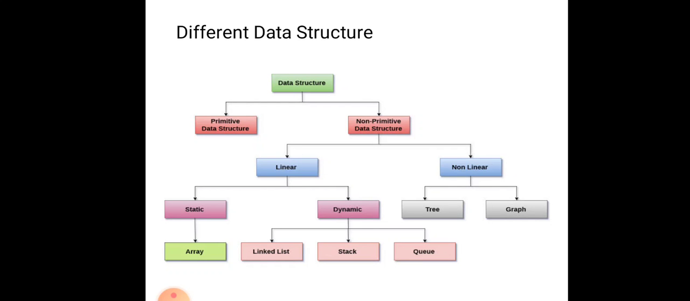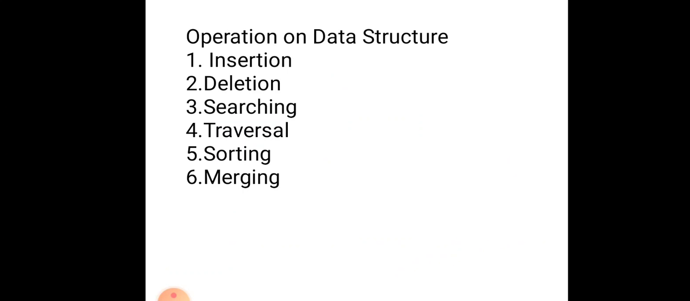They are the non-linear data structures, and trees are multi-level data structures having a hierarchical relationship among their elements called nodes. And graphs are also like trees. Then the different types of operations we perform on data structures are insertion,